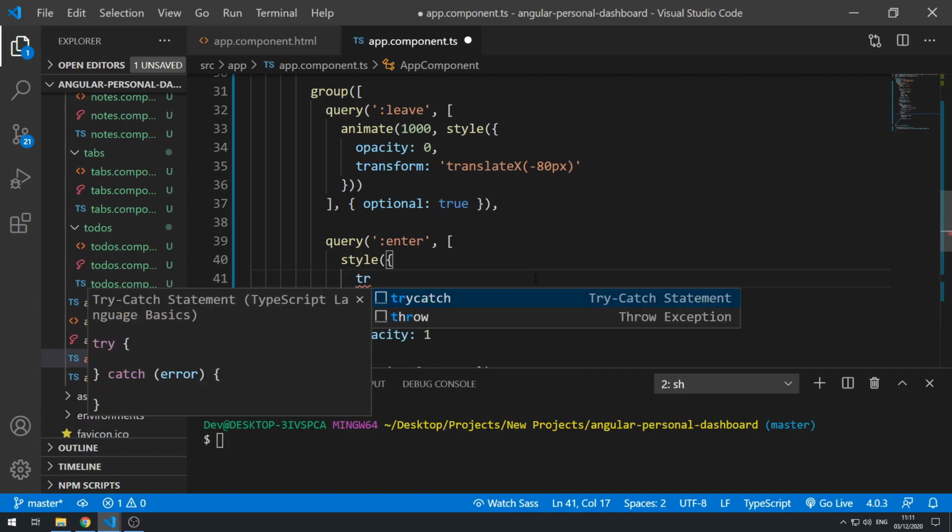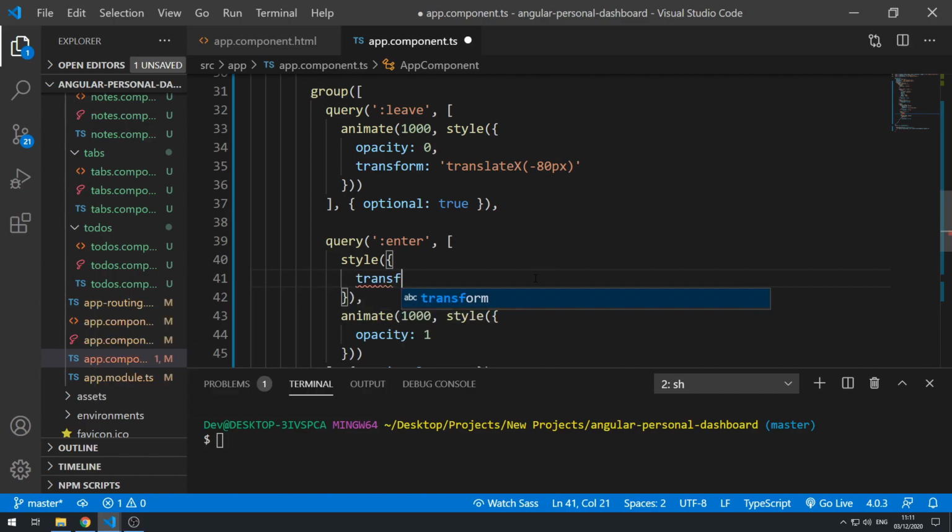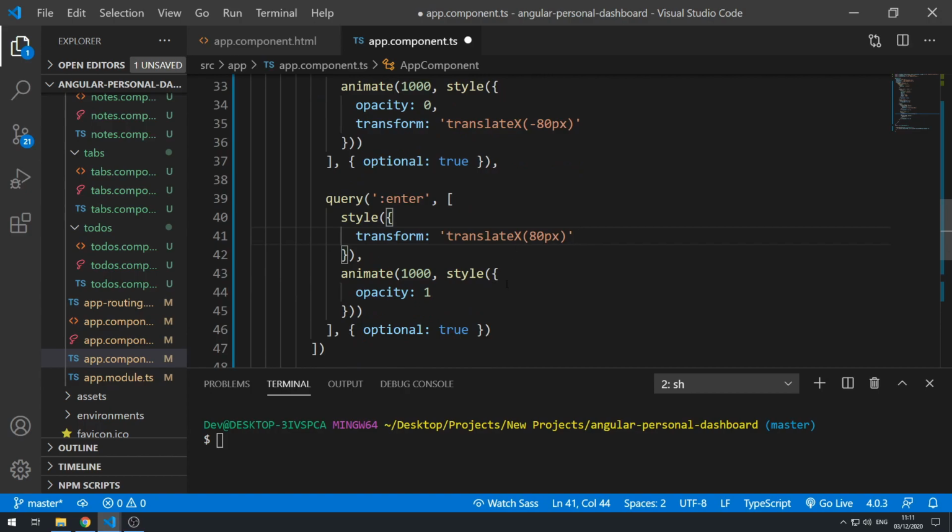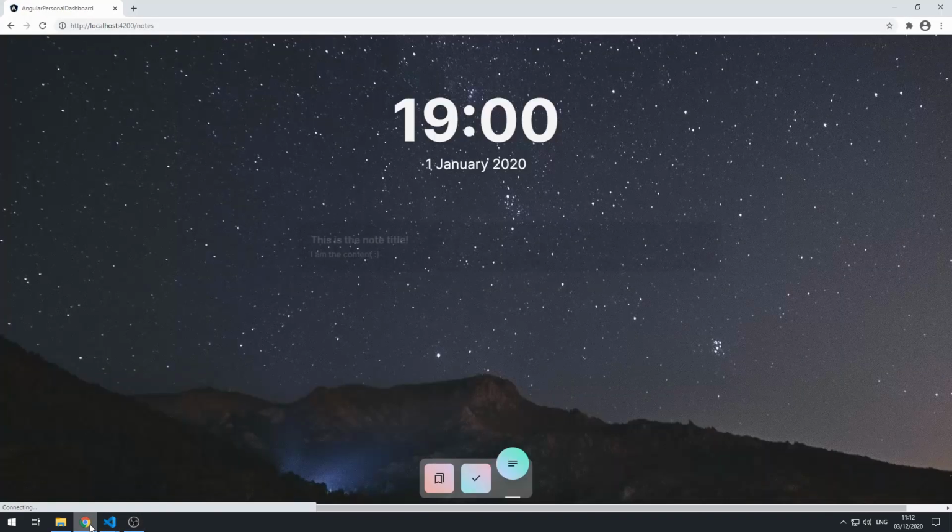So if we go here and do transform, and then type in translate x, and then type in 80 pixels, so that it's 80 pixels to the right. And if we now go here, we can actually put transform and then translate x 0, so that it's animating to the normal position. Okay, so if we save this and go back to the application,